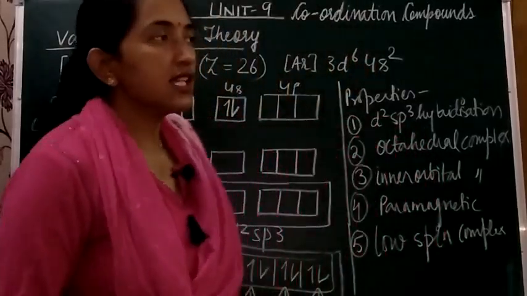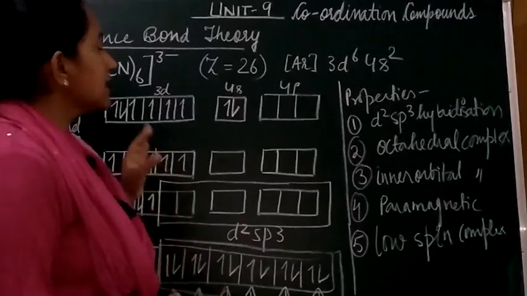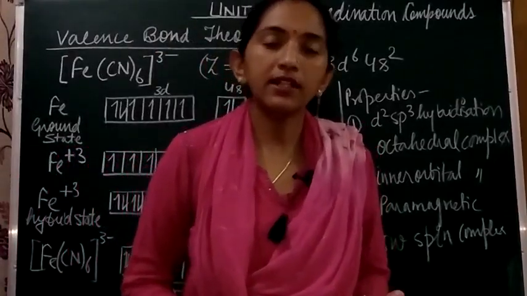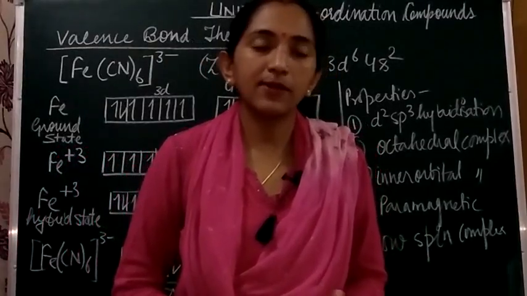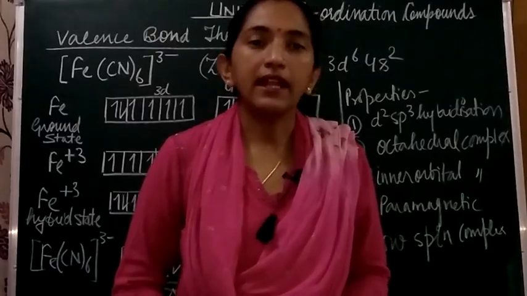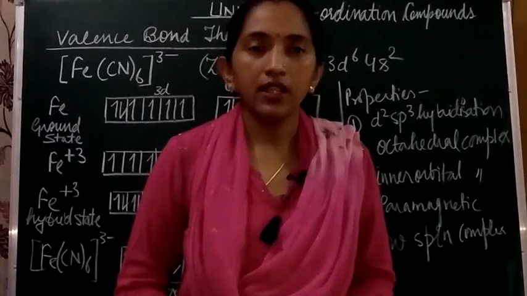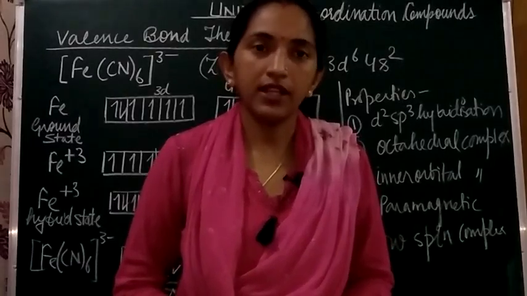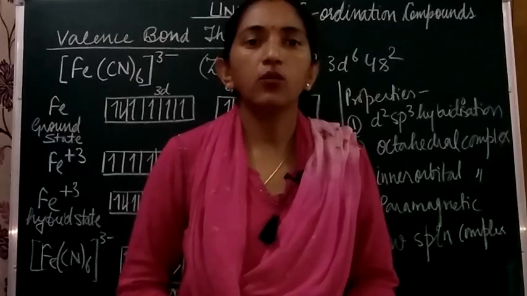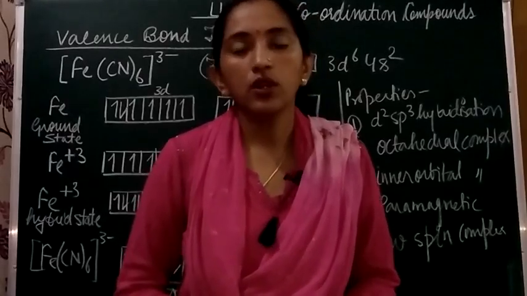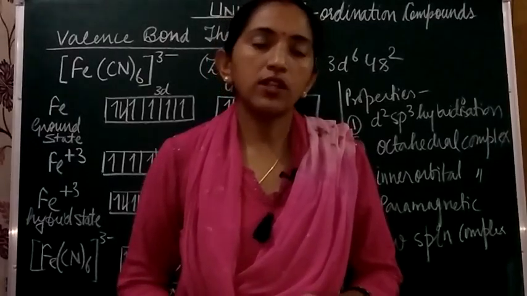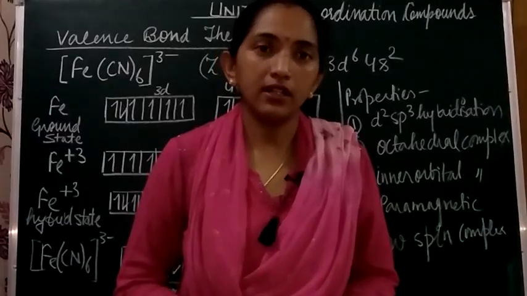So it is [Fe(CN)6]3-. There is a slight difference here: we will now be relating it with the experimental data. It has been found experimentally that this complex has one unpaired electron, right? As a result, there will be one more step which we are going to do, since this concept is totally based on the experimental data, right?